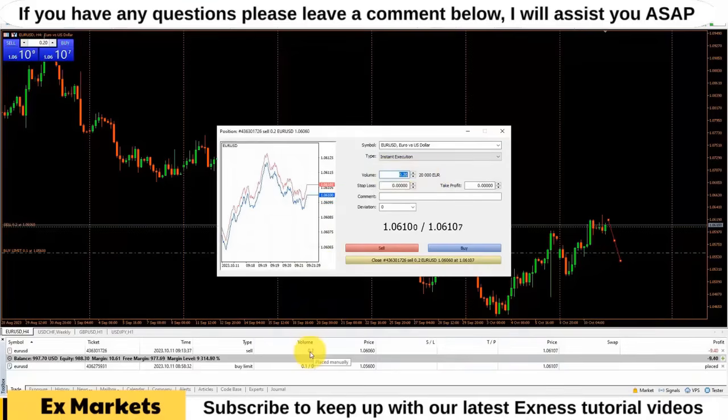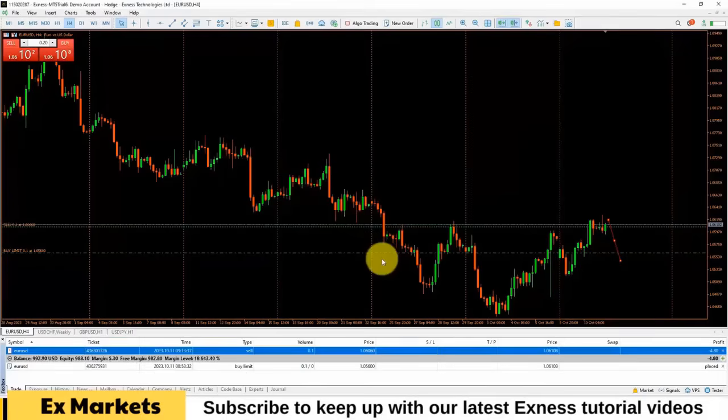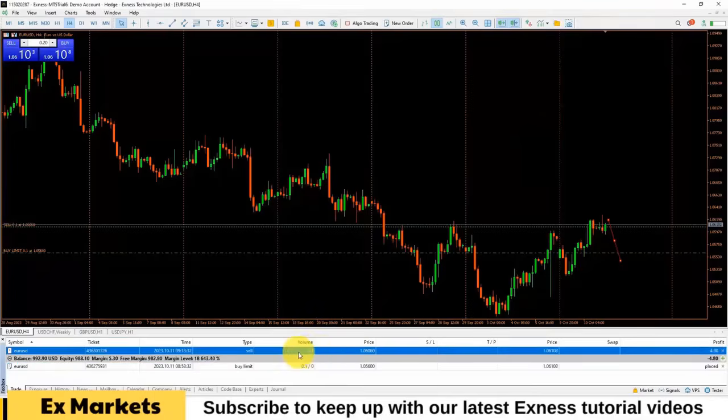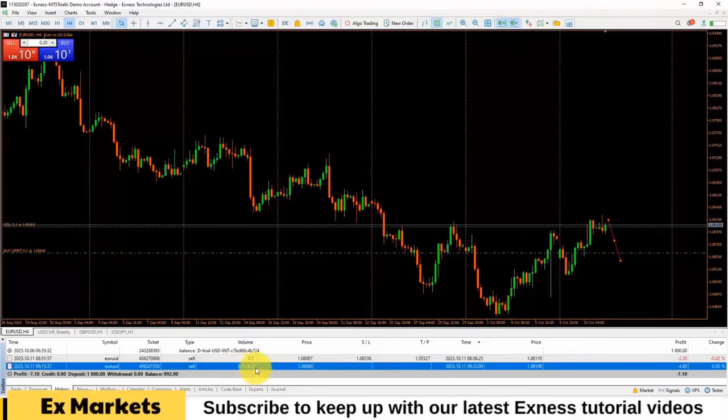If I want to close 0.1 lots of this order, I will change the volume to 0.1 lots. Then, I will click Close. You can see that I have quickly closed 0.1 lots. And the order now only has 0.1 lots remaining. If you check the trading history, you'll see that I closed 0.1 out of 0.2 lots, meaning I closed half